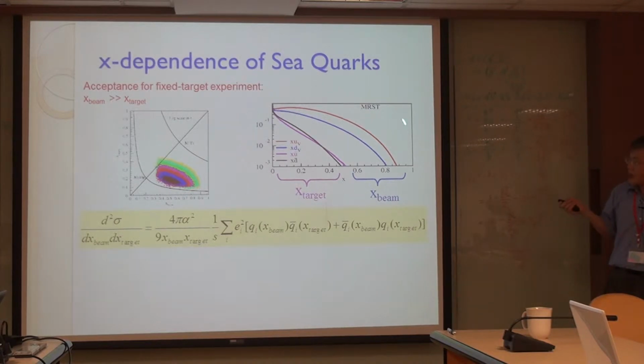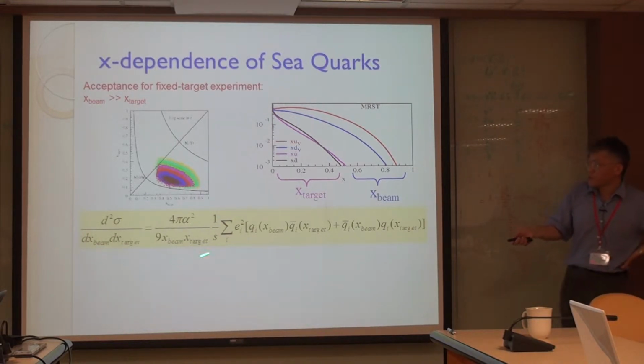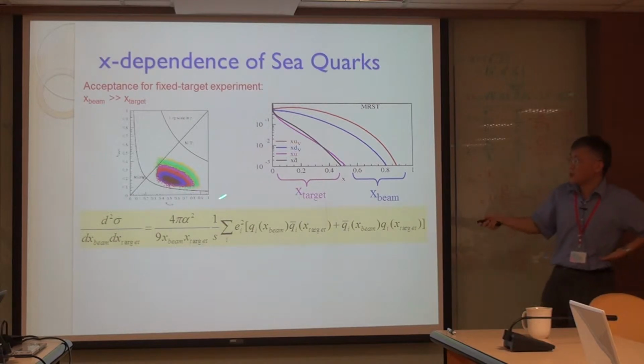However, this kind of x-dependent information can actually be obtained from the Drell-Yan process. As you hopefully still remember this kind of formula, the overall production cross-section is contributed by the probability of the quark and anti-quark. Of course, you can reverse the roles in the beam and the target. However, experimentally, we can, by placing the detector in a certain acceptance,